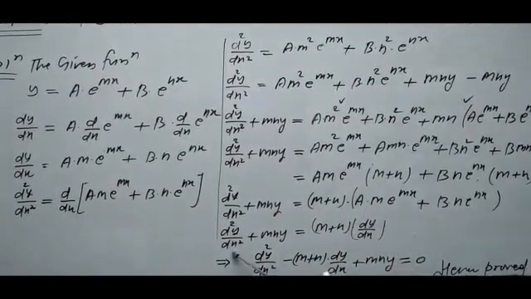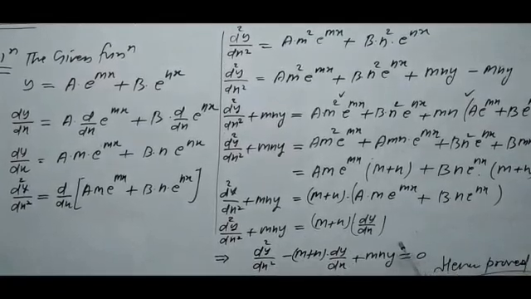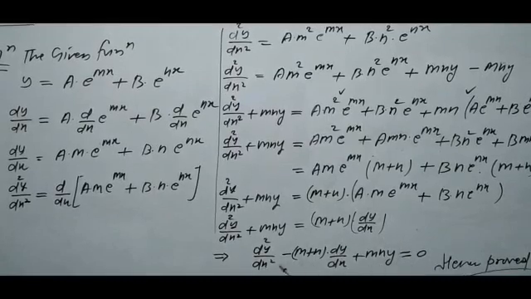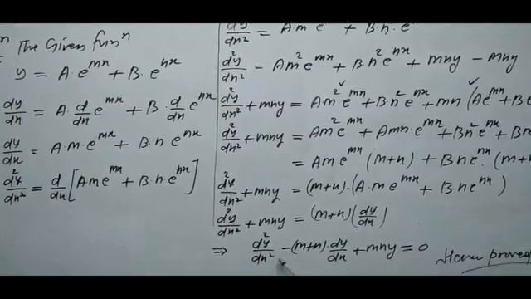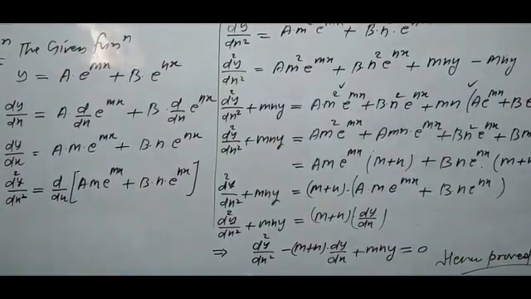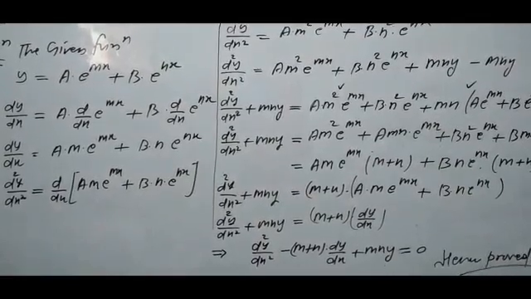So d2y by dx2 plus mny is equal to m plus n dy by dx, and m plus n dy by dx comes to the left. The result will be d2y by dx2 minus m plus n dy by dx plus mny is equal to 0. Now this is the proof. So see,